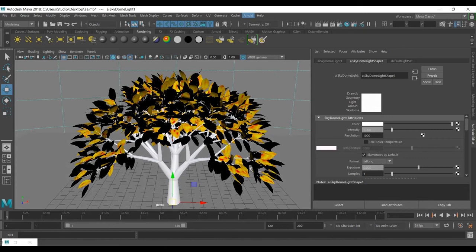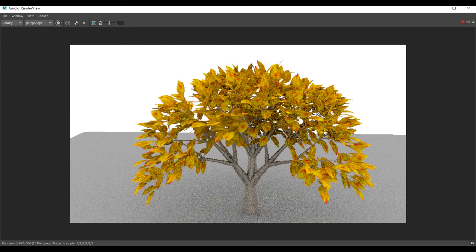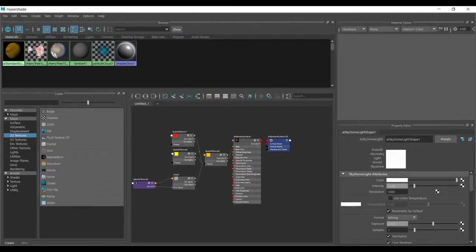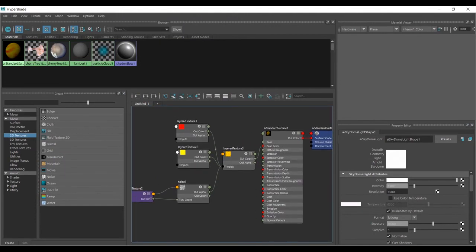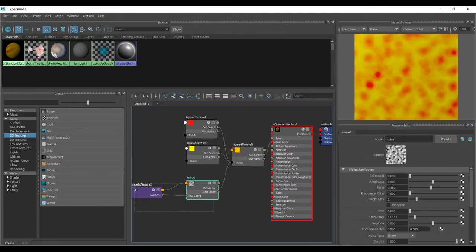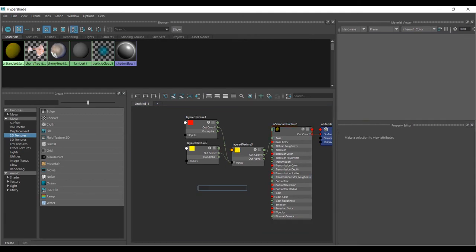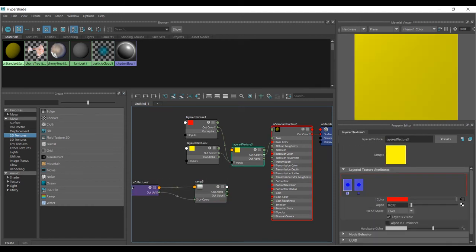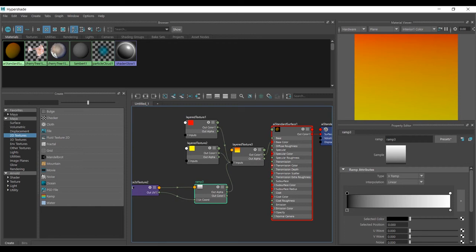The way we can do this is instead of this I'm going to delete the noise. I'm going to make a ramp texture, and just apply it to the alpha channel. Now you can see we don't need all these, we can just delete this. We can make it even simpler, so we can just make a ramp texture, here we go,